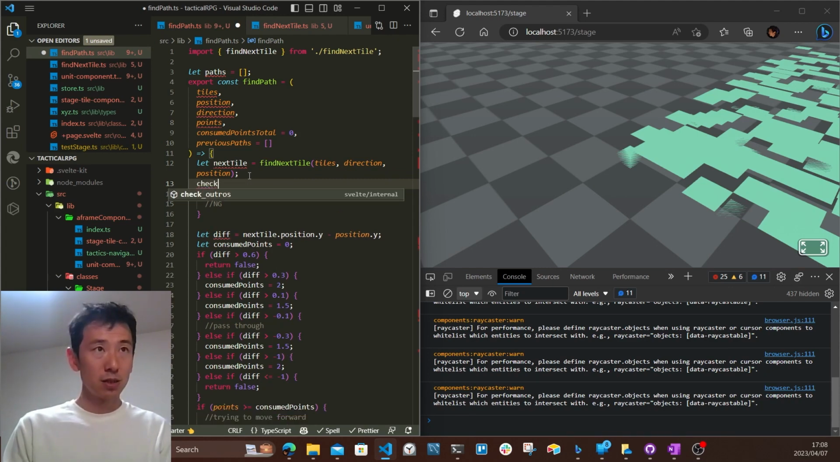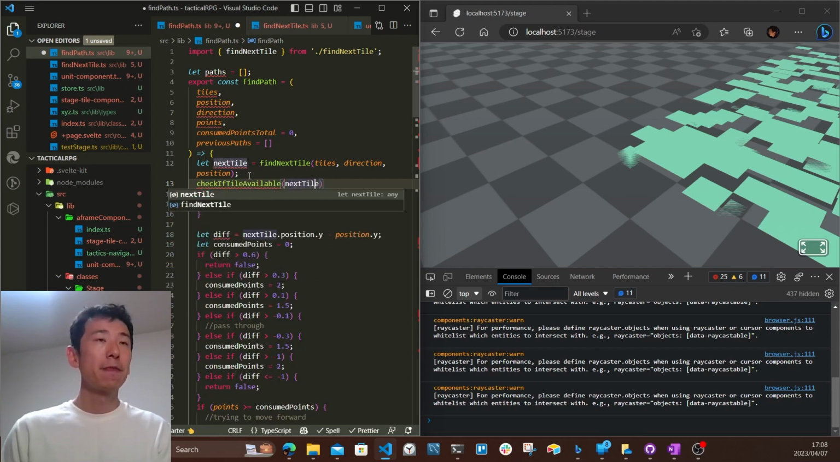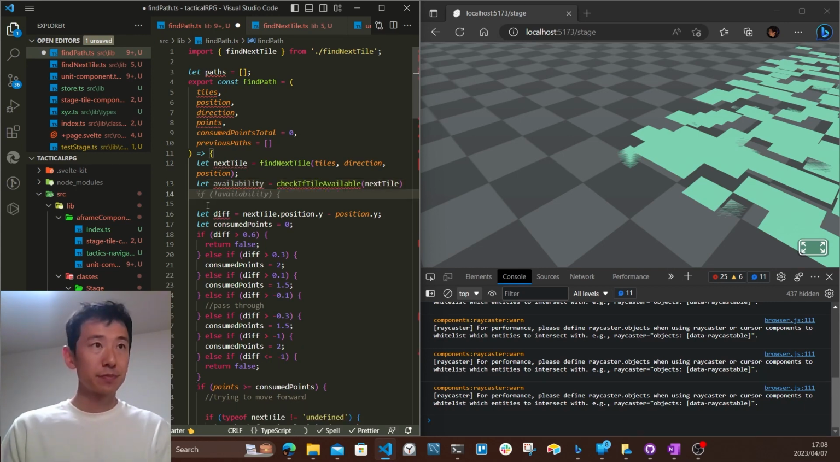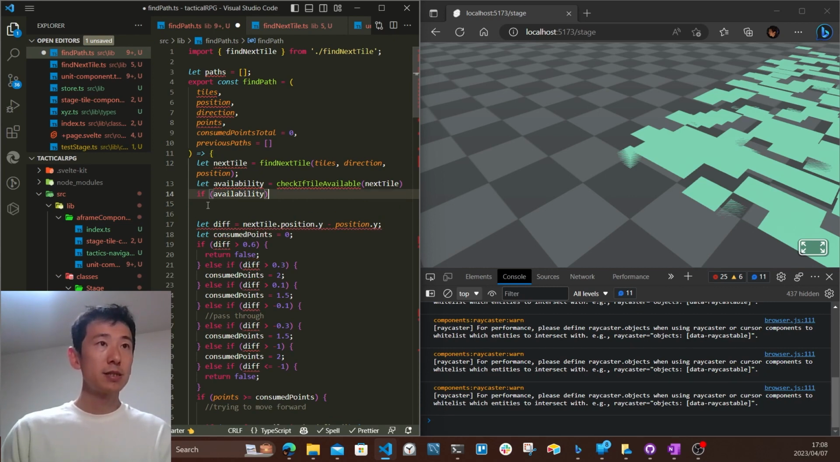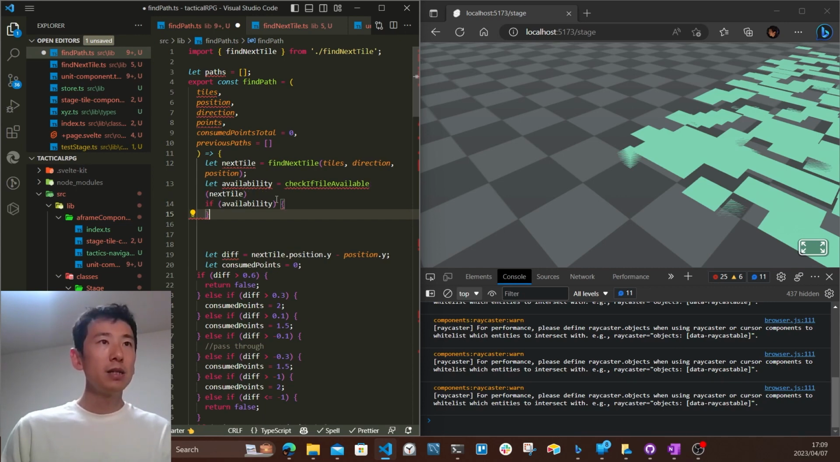Check if tile available. Next tile. Let availability, and only if availability is true, then do the move. And availability, and also